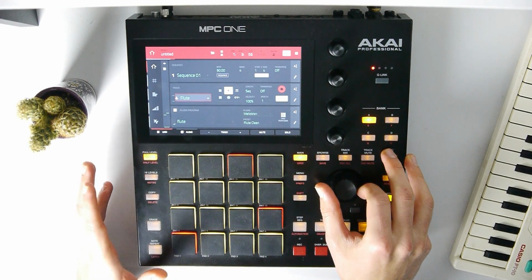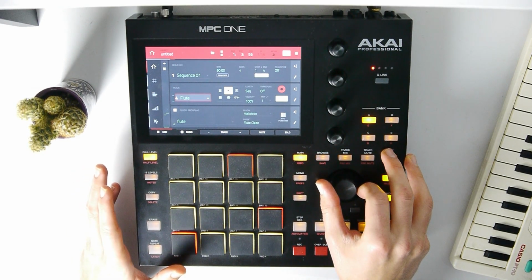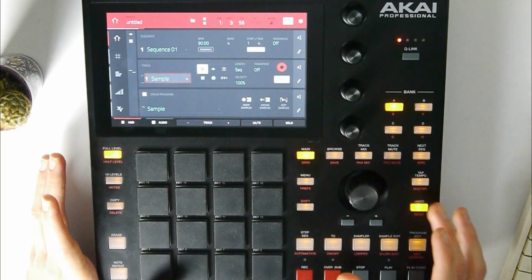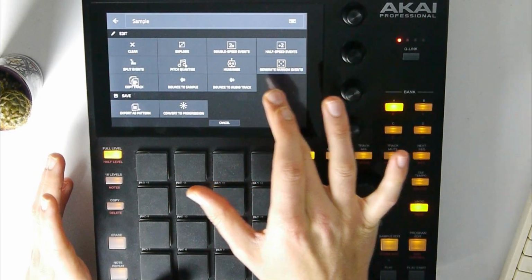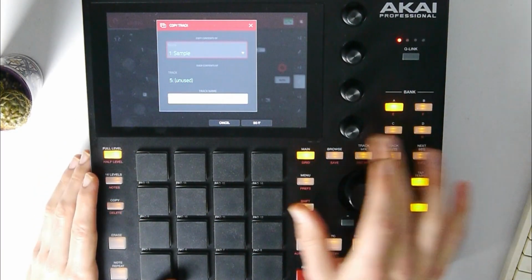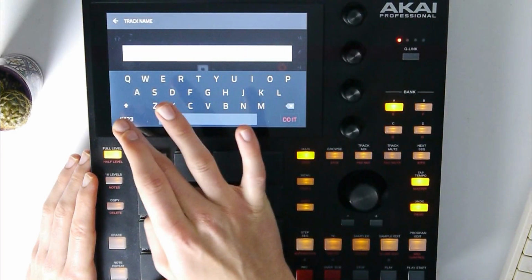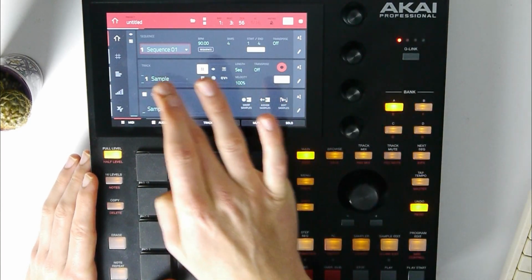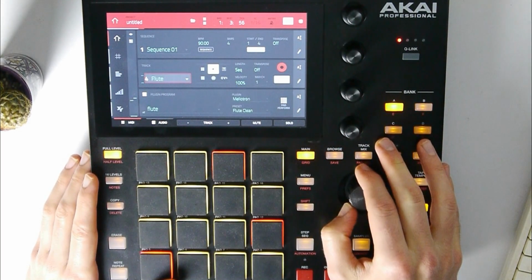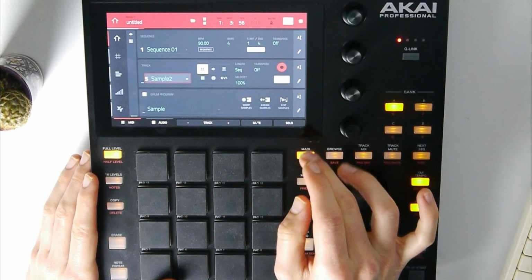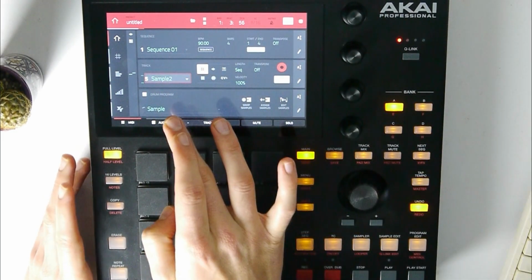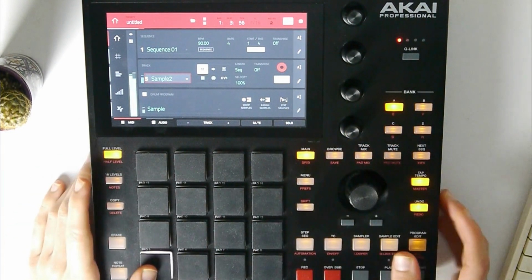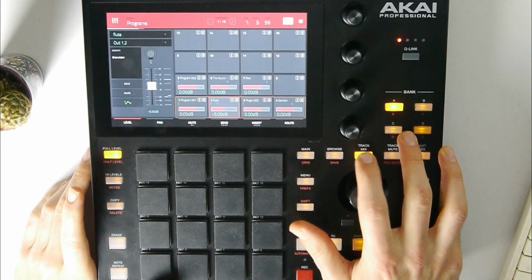And now let's create a variation of the sample track. Go to the sample, copy the track to track 5. Let's call it sample 2. Do it. Mute sample 1. Track 5, sample 2 is our new, but I don't want to have the same sample program, so let's duplicate it. But first maybe let's put a